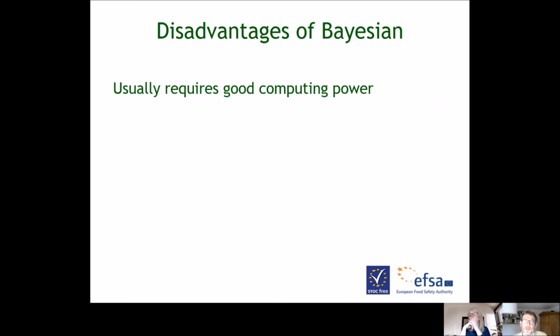But most models become much more complicated than that, and they involve various parameters, each of which can have their own values, and so we require a lot of computing power. But that doesn't matter now because we've got good computing power. The Bayesian approach depends on choosing our prior, so deciding what we consider to be the most likely distribution of the values of the parameters, and then feeding that into the model before we even feed in the data. And sometimes the output, the distribution we get at the end, the posterior distribution, can be sensitive to those choices